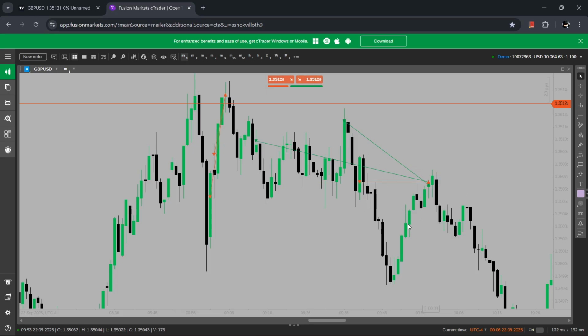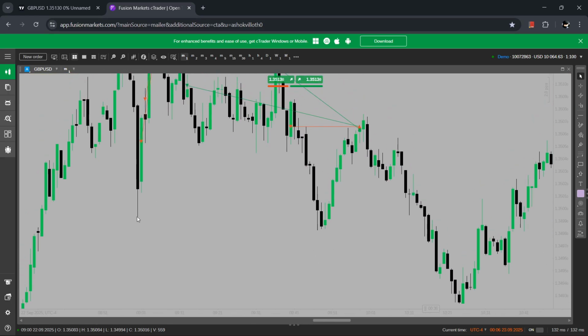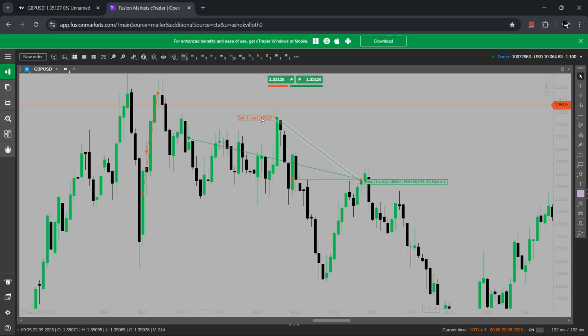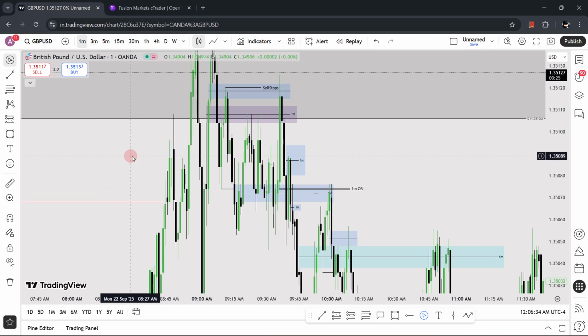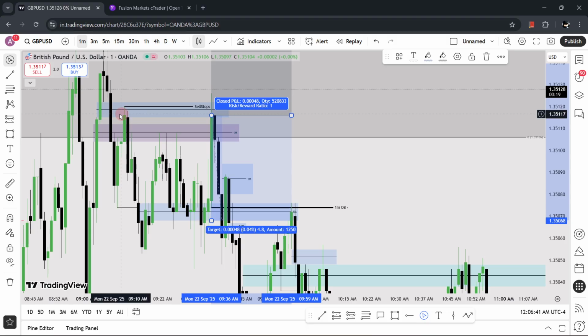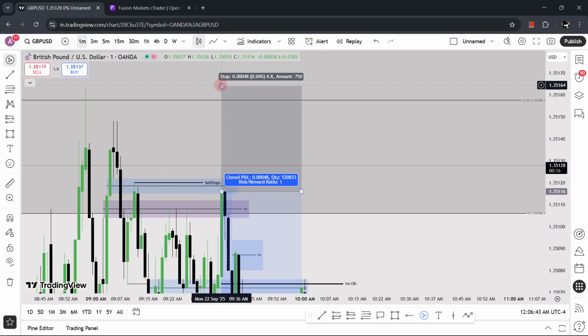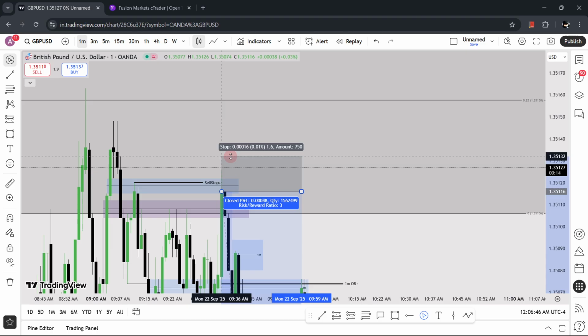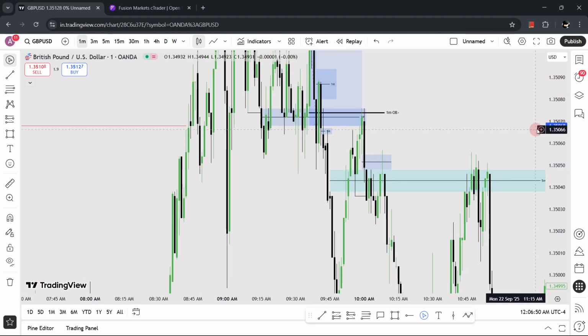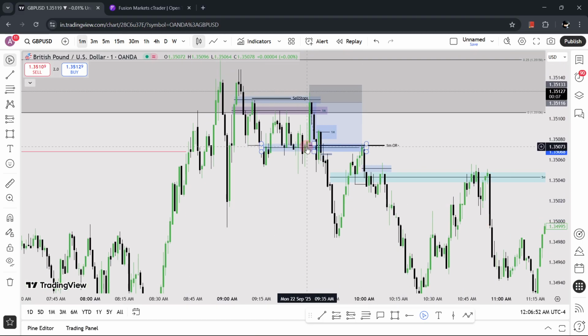Okay, I think you have got it, and I should have exited here, guys, because this particular one could have given me almost 3R if it comes here, right? This one also could have given me, let's say, I entered here somewhere on the body closing of this candle, and I made my stops above this particular candle, something like that. If I could have exited from there,